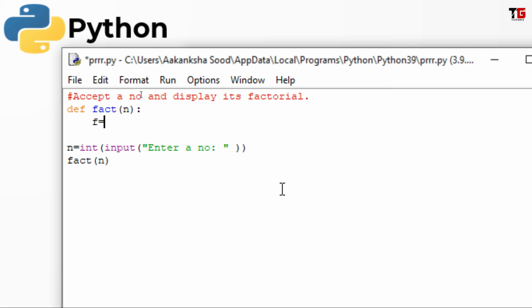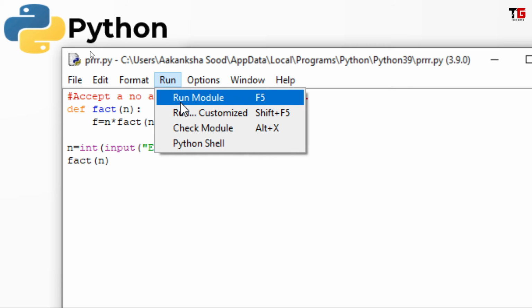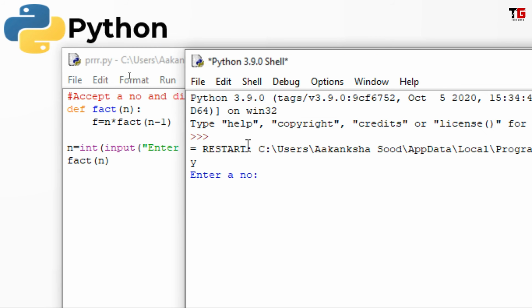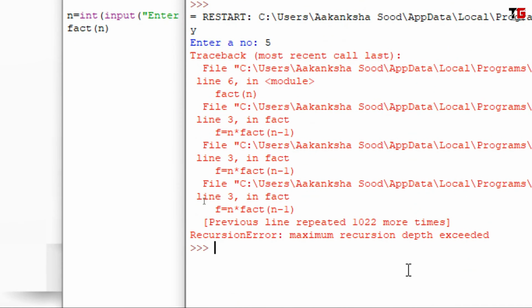Now let's say f equal to n into factorial of n minus 1. Alright, I save the program. It is not complete yet, but let's see what's happening. Enter a number, I said 5. I got an error. Friends, if you remember, we got the same error when we studied about recursive function.